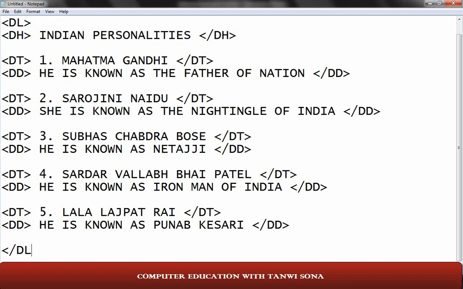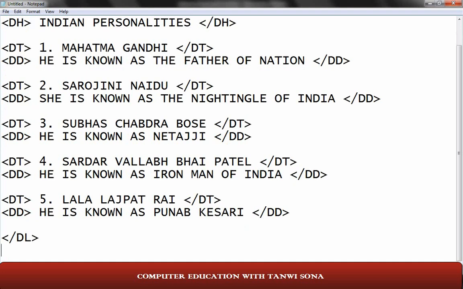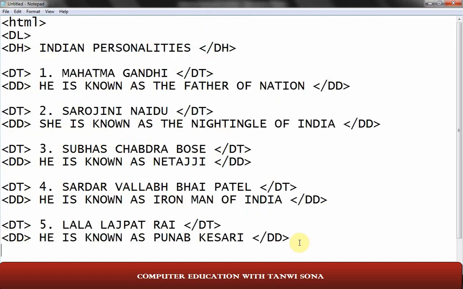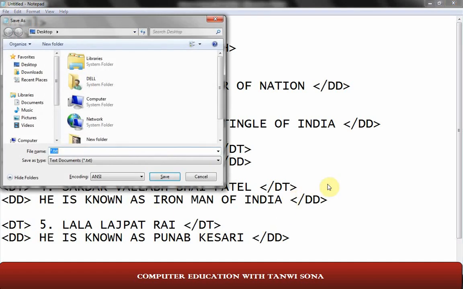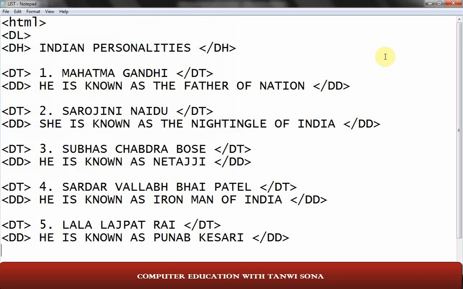Now let's close this definition list. So I have closed the definition list and closed this HTML tag. Now our program is complete. Let's save this program. I am saving this program by the name